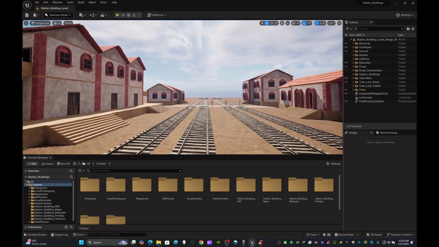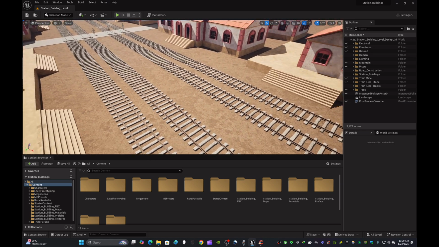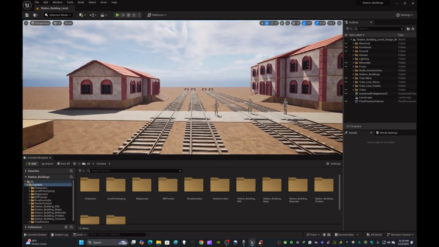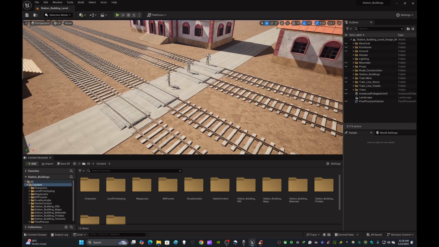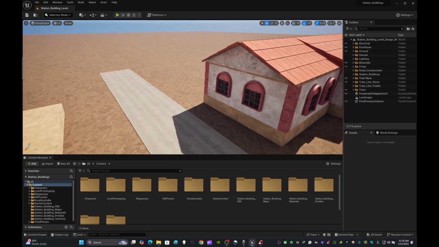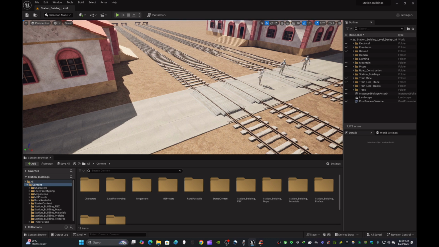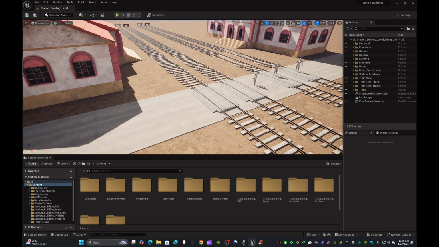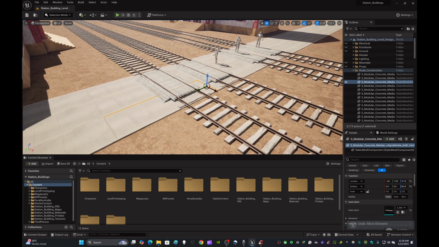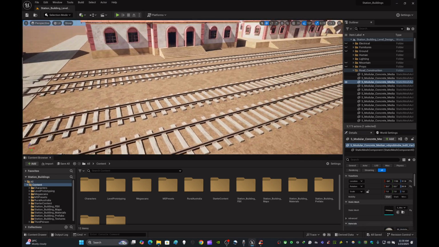Hello everyone. I welcome you all in the continuation of the level design tutorial. As you can see, I am continuing from the last part. I just made the road network here, and the train station line, train tracks,